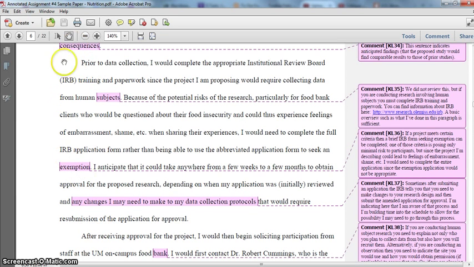this paragraph talks about the institutional review board training and paperwork that would be required if you are proposing to do research involving human participants. And this isn't something that we really discussed or focused on, in part because you're not actually collecting data in this summer session. If you were, then we definitely would have addressed this and I would have shown you the